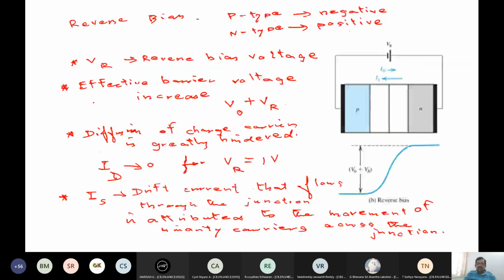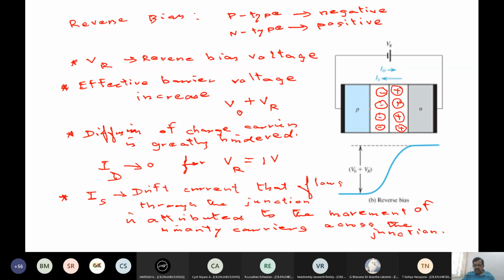Think about what is in the depletion region. In the depletion region, there are the ionized donor impurities on the N side, which are being shown now, and they are fixed to the lattice. On the other side, I have shown a few representative acceptor ions which acquire a negative charge due to the diffusion. That is how the thing is carried.